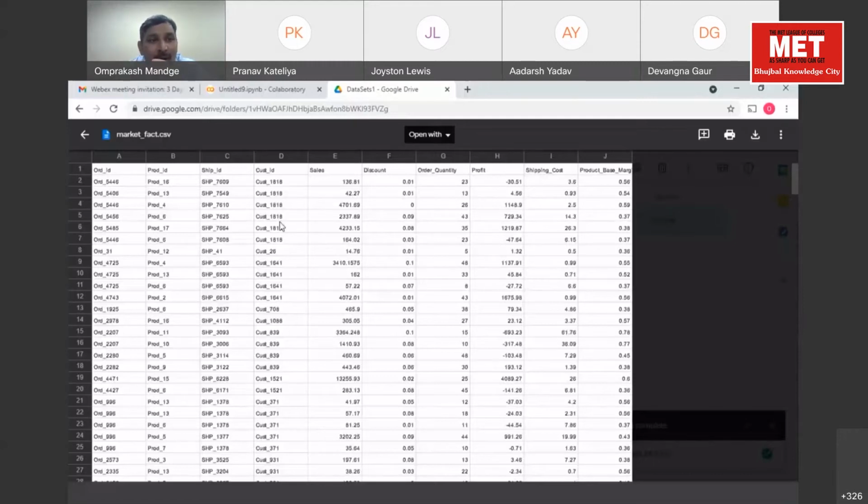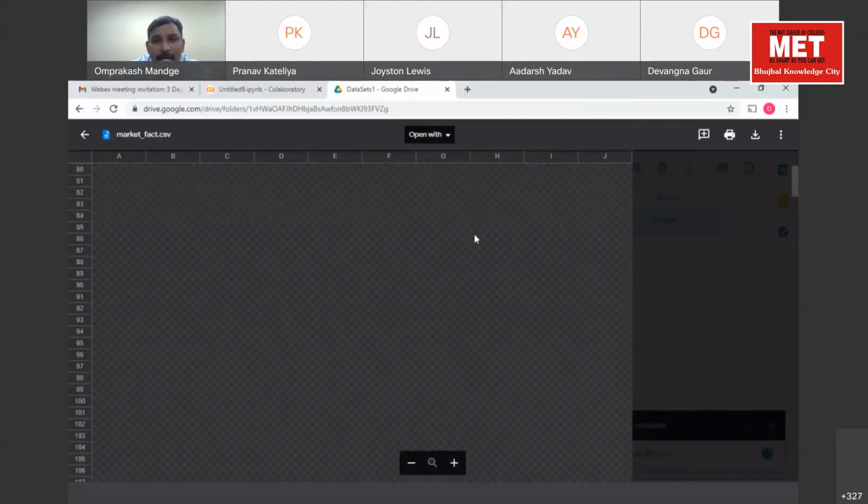What is recorded here? Each order's data is recorded. Which product was ordered in this order? What was the shipment ID? Who was the customer? What was the sales? What was the discount availed? What was the order quantity? And how much was the profit? And so on. If you look at the number of records in this particular file, it's a huge file.